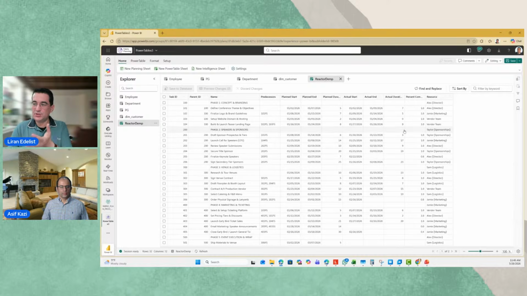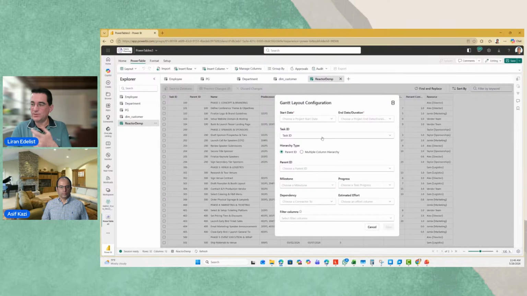Now I can change the information here. This is a Gantt chart, but we actually added some cool capabilities so that I can even make it look like a Gantt chart, because we built it also for project management, and we will have other capabilities in the future. So I can say, okay, here is my planned start, here is my planned end. I have an estimated effort, so the duration. I have my parent ID to make sure that we have names and dependencies, and I can see this is my actual duration from a progress perspective, and there are dependencies, and I can just save it.